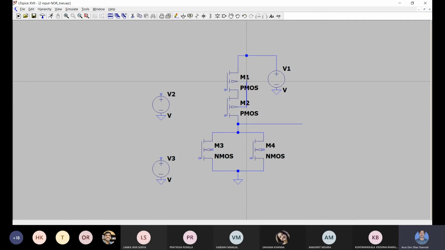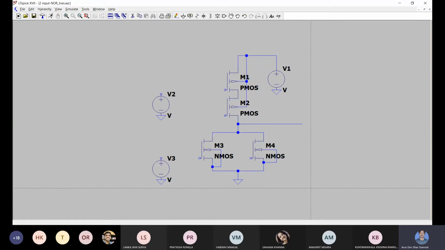All bodies of NMOS will be connected to the source of the same NMOS, which is finally connected to ground, the lowest potential point. Body of NMOS is connected to the lowest potential point, that is, to the ground through the source. So the NMOS body is also connected.